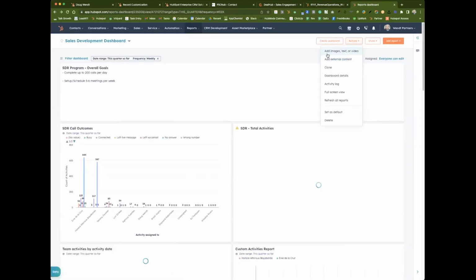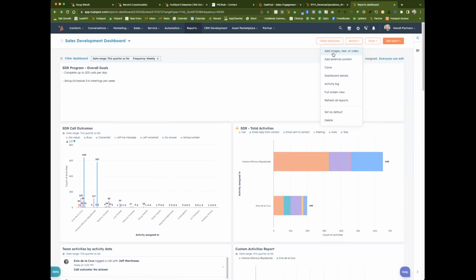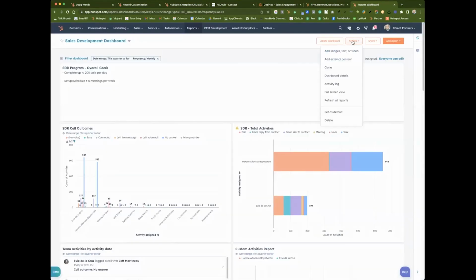You can send it and you can also embed things in it. So again, if you want to bring in a little bit more of your external details, you can embed things into your dashboard, as well as certain HubSpot pages you can also embed into your dashboard and be able to quickly capture them. Like I said, we could do a whole webinar on reporting.